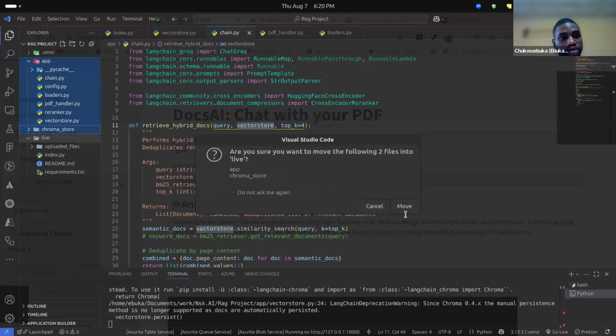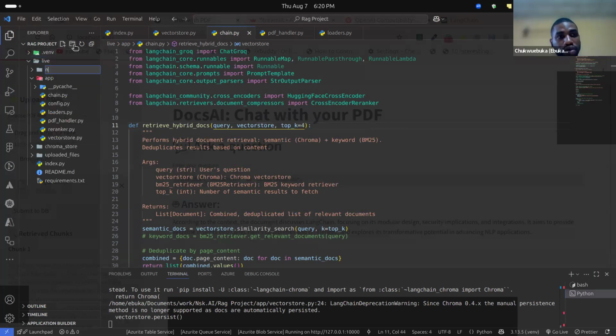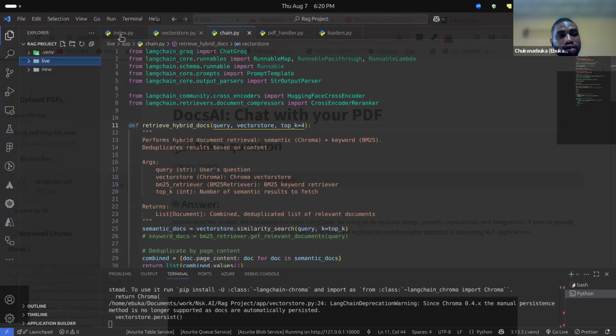Okay, so if I close this folder, I will notice also what I built. So let me build a new folder, new, and inside this new is where everything that we. I didn't mean to do that. Okay. All right. So